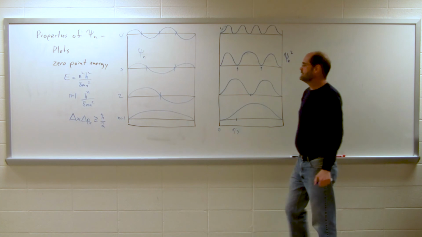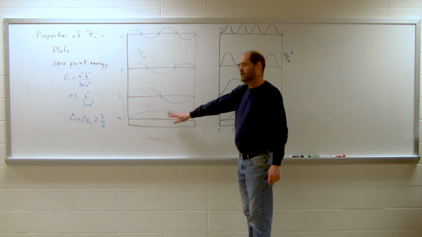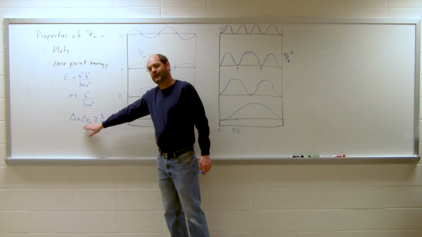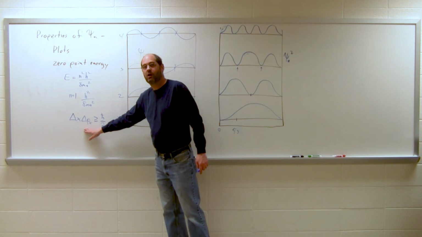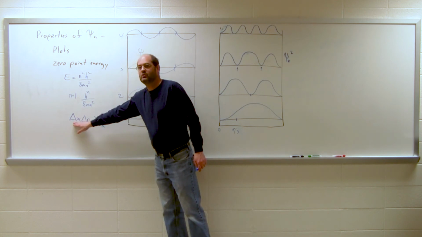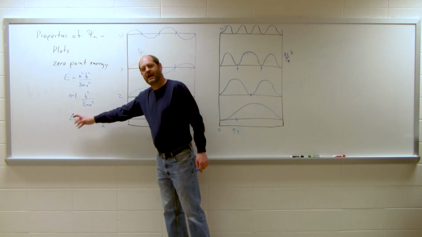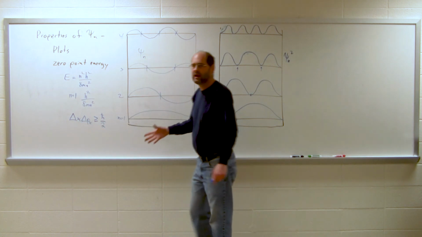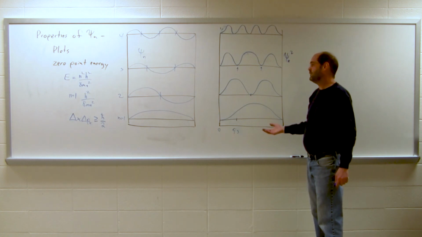Well, what that tells me is, imagine if my particle had 0 kinetic energy. If it had 0 energy, I would know exactly what its momentum was. Its momentum would be 0. If I knew exactly what its momentum was, the uncertainty in its momentum would be 0. The uncertainty in its position would be infinite. Similarly, if I knew exactly where the particle is, I have no knowledge of its momentum. So I can't have a particle in this situation with 0 energy, because that would violate the uncertainty